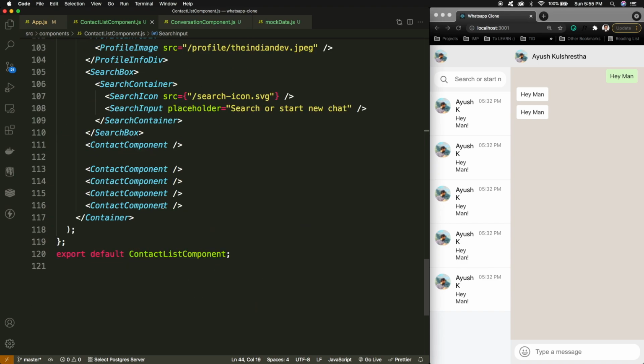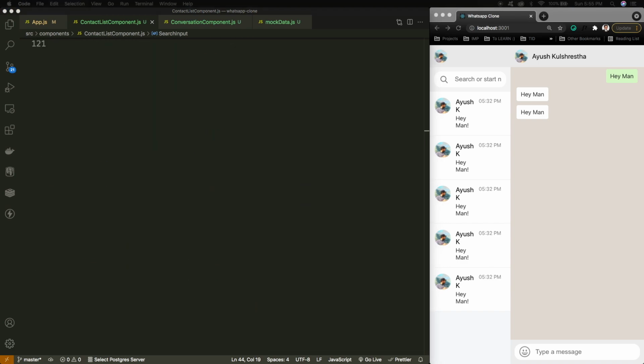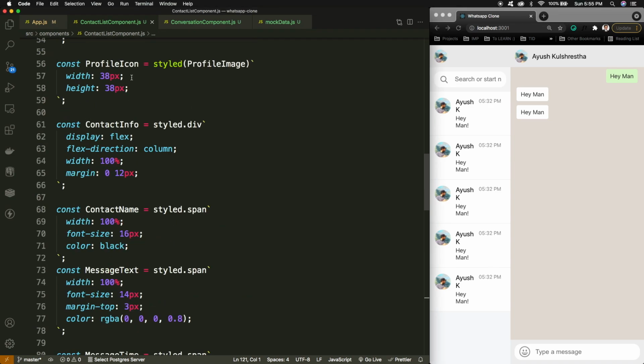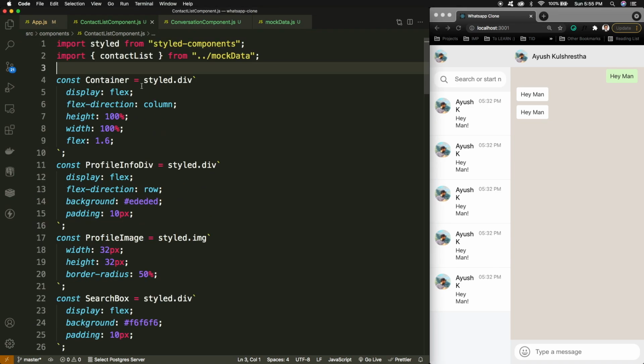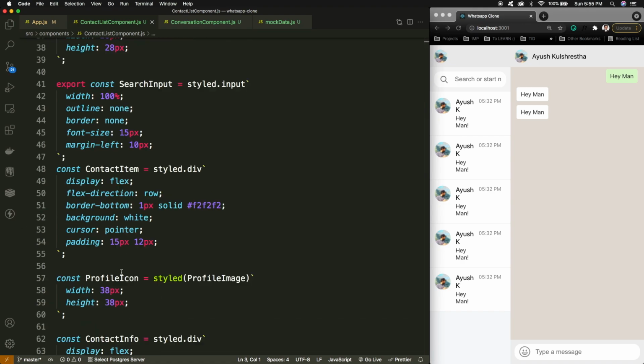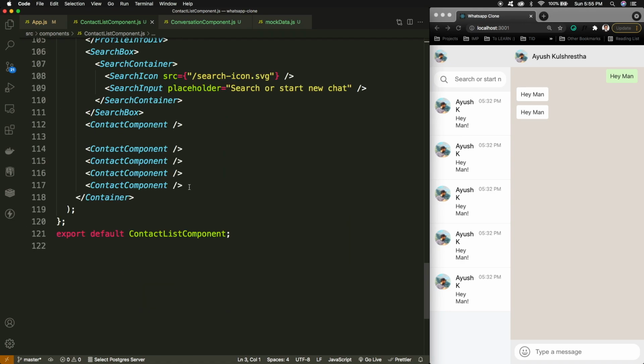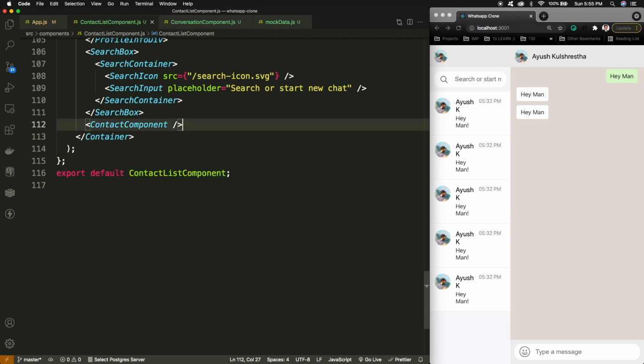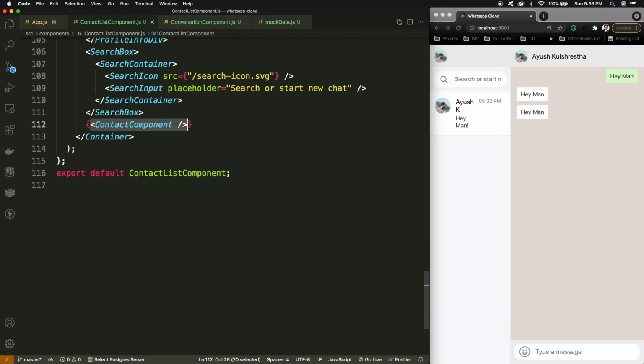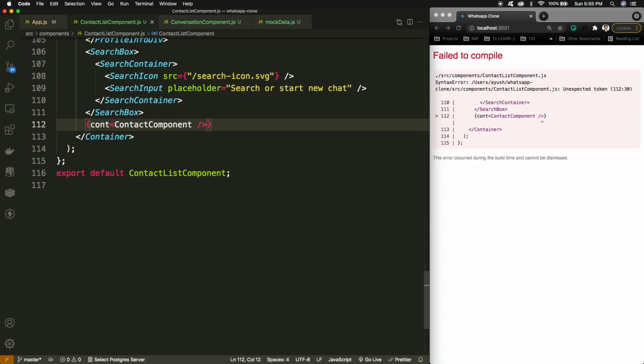I can go to the contact list part and import the contact list from mock data. The contact list has been imported, and now instead of replicating the same thing, I can make it dynamic depending on the contact list that I just imported.